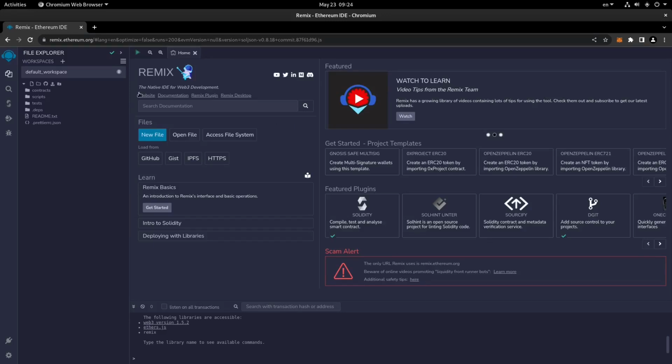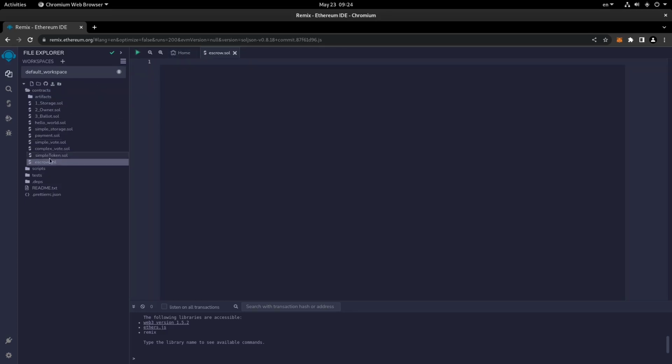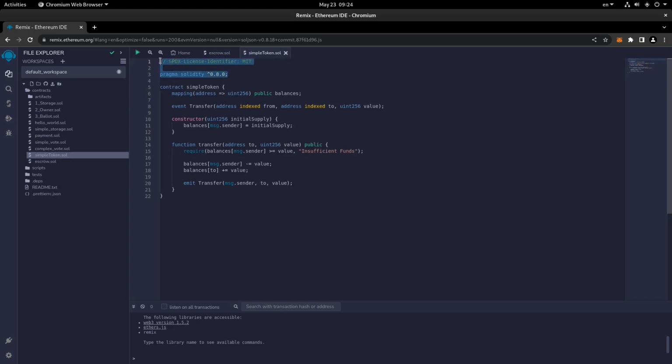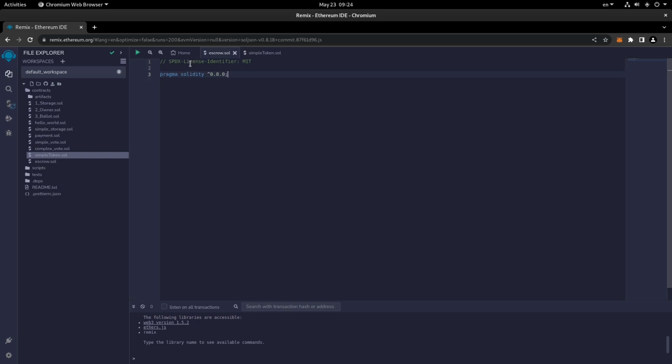To do so, let's create a file in the contracts folder. So new file, escrow.sol. Just as always, we will copy and paste the first two lines for the license and the version of Solidity. And now let's create a contract Escrow,